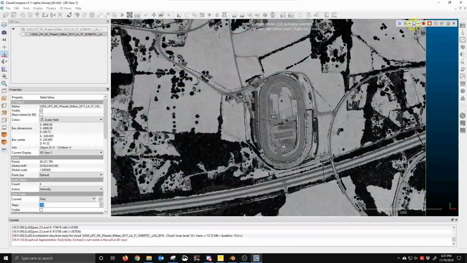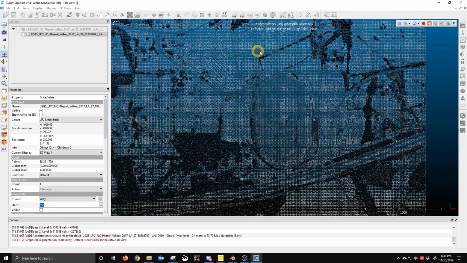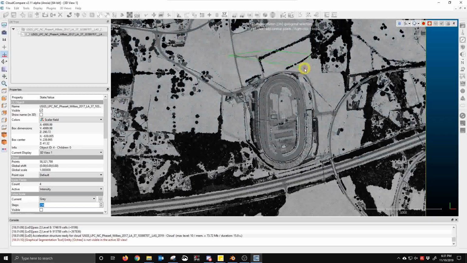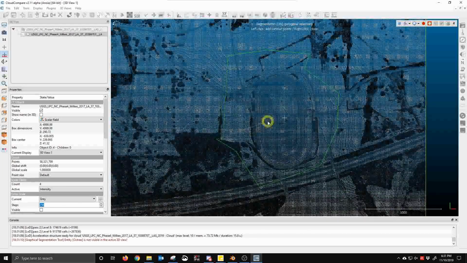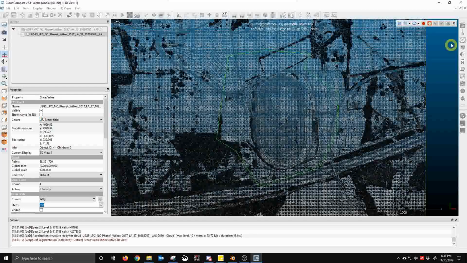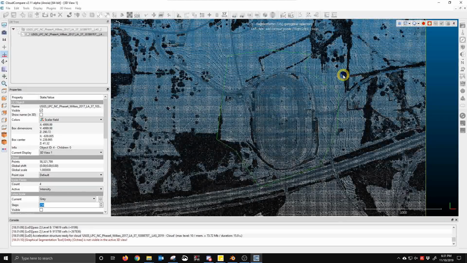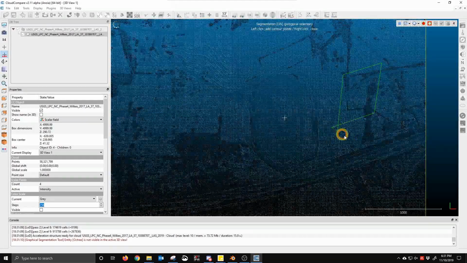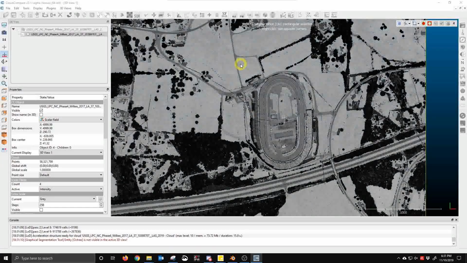So first, I'll show you the polygon select. You would use this mainly for road courses where you can really pick out the track. You don't want to have too much extra data in your program because the more you have, obviously, the slower it gets, especially depending on how dense your data is. So this is a simple setup here with this track. So we're just going to do the rectangle select,